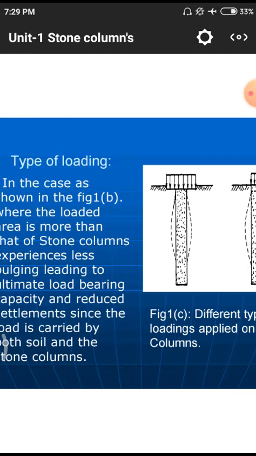Why? Because in the stone column there is no binding particle; we simply pour a huge quantity of stony material, and after that we vibrate it for a particular period to bond it. To reduce the voids and provide some bonding, we need to do some kind of vibration, so there may be a chance to buckle due to the application of load. Why? Because there is no steel or any other binding material to carry the stresses from one particle to another.